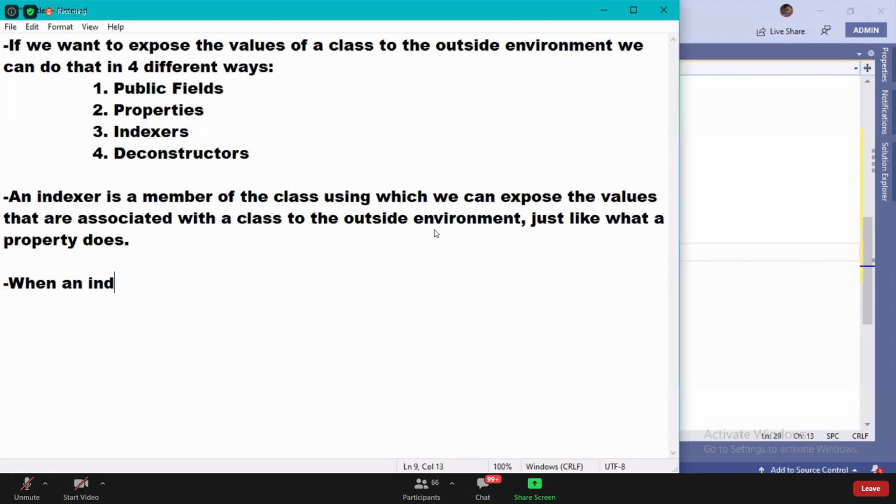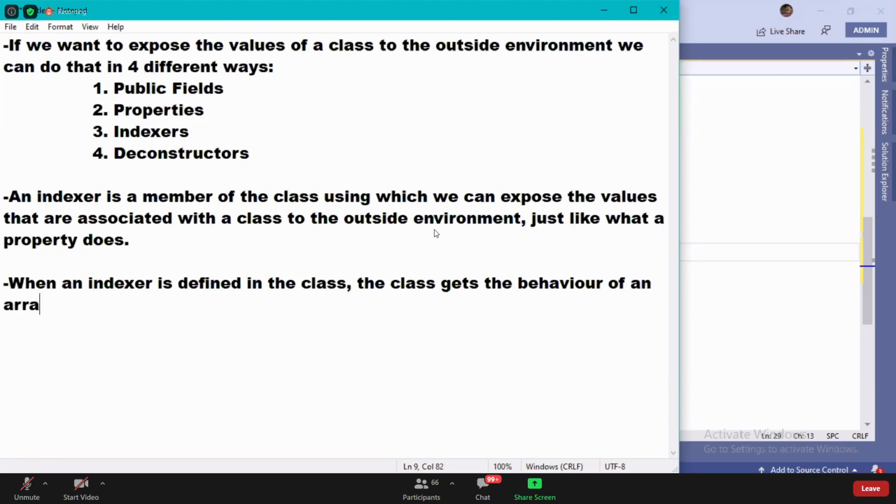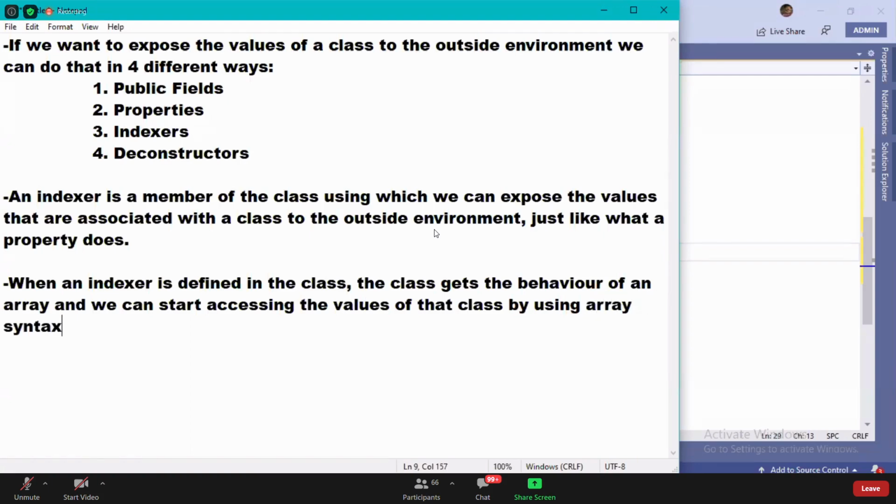When an indexer is defined in the class, the class gets the behavior of an array, and we can start accessing the values of that class by using array syntax.